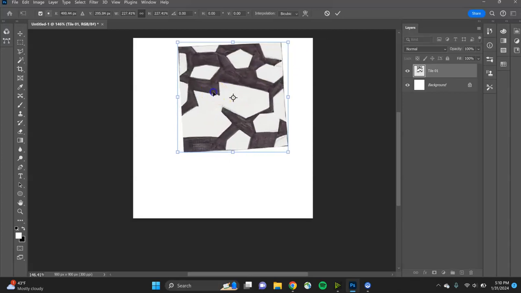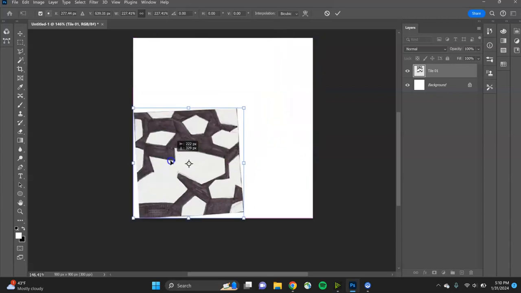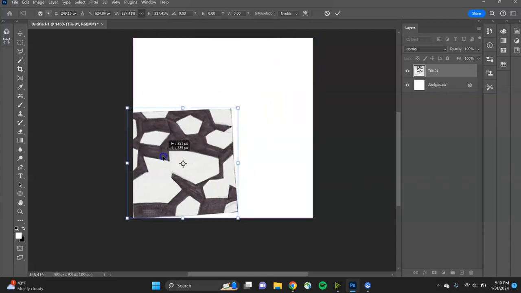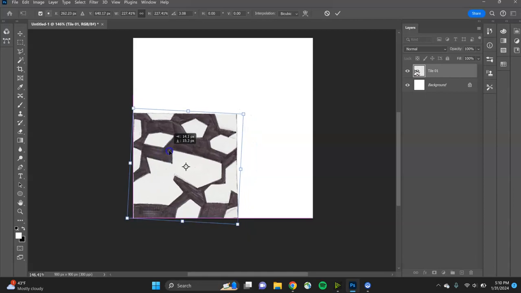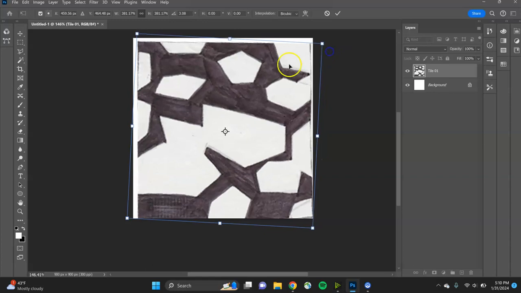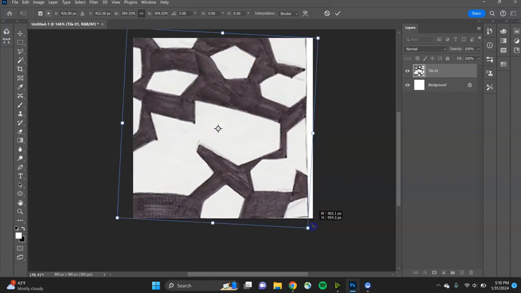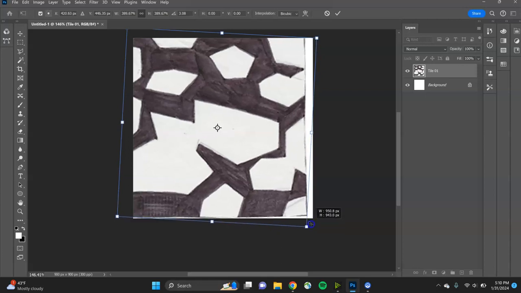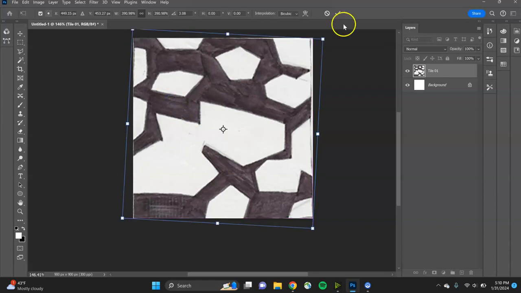So again, that's Control T, and you're going to just line up one of your corners here. I may line up this corner, and you can rotate it a bit to make the edges more parallel. There we go. And yeah, just scale it up and try to get it as close as you can. Now it doesn't have to be perfect, and I say that because once you get it as close as you can with the scaling, you can adjust small